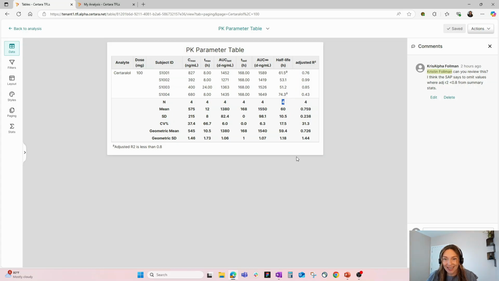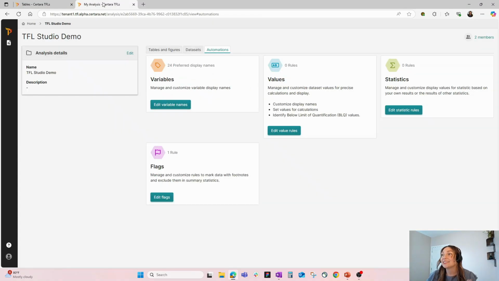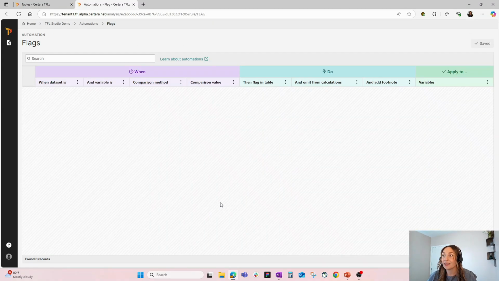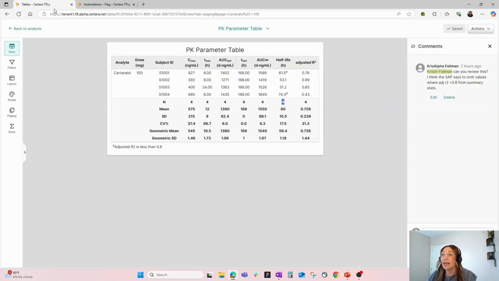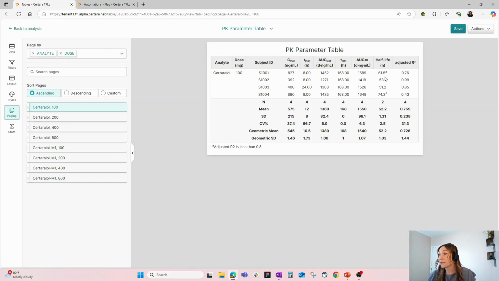But I go back and review my SAP, and my QC reviewer is right. I can simply go back to my flag rules here, and you can see that where that flag came from was this rule. So anywhere where adjusted R squared is less than 0.8, flag it in the table. That's how I get the superscript A. But I haven't omitted it from calculations, and I should have. And so I'm going to go ahead and select that, save it, and then when I go back and refresh this table, you'll see that now N is 2, and they've been omitted from the summary statistics. So a really easy way to collaborate and edit your TFLs